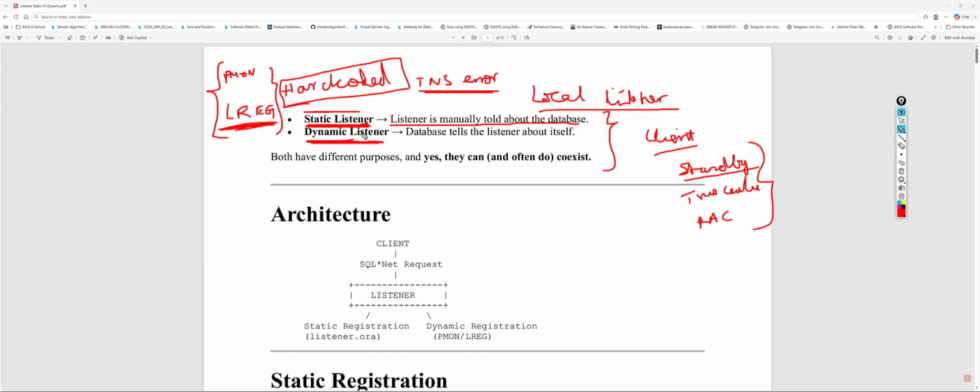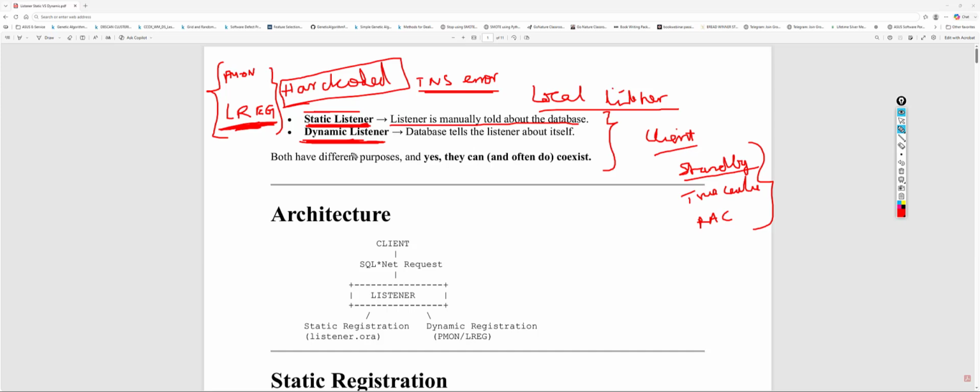It can understand how the connection should be registered and how the connection should be forwarded to the database. It periodically checks the services and registers with the listener. So it's kind of an adaptive listener. It adapts to whatever services or new configurations that come, and based on that, it will